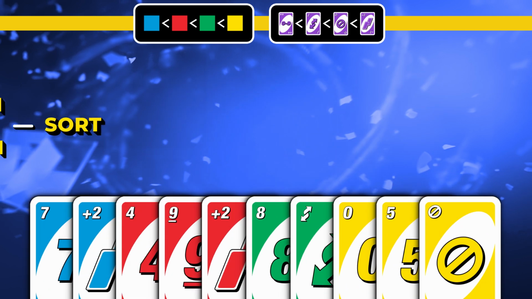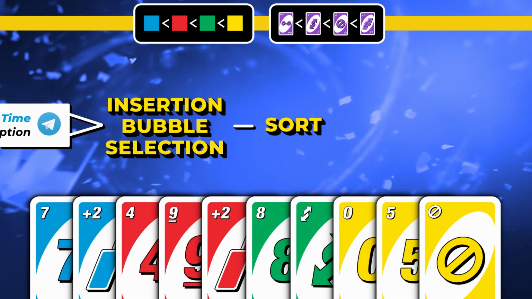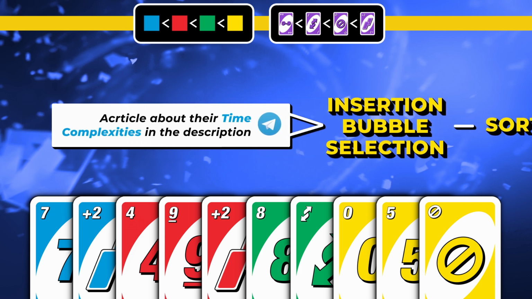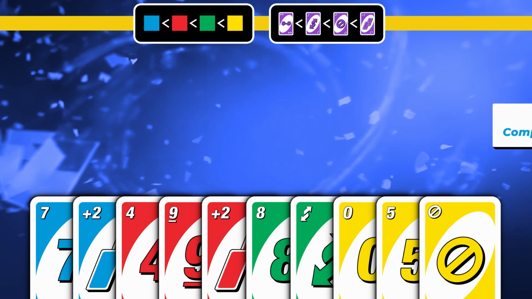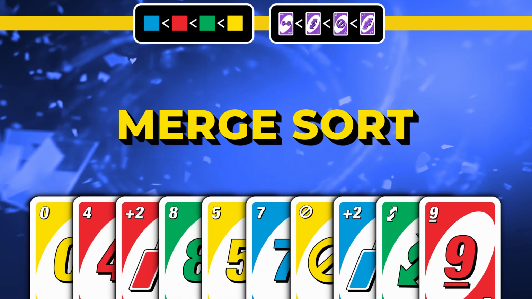And now we are talking seriously. Previous sortings were easy and slow. The next 2 sorting algorithms are more complex but much faster. Let's start with merge sort. First,